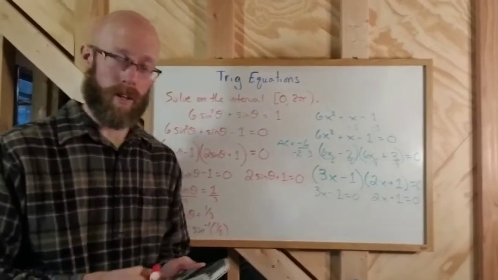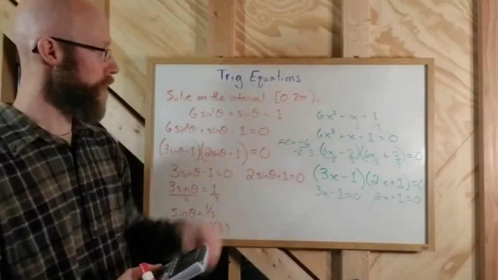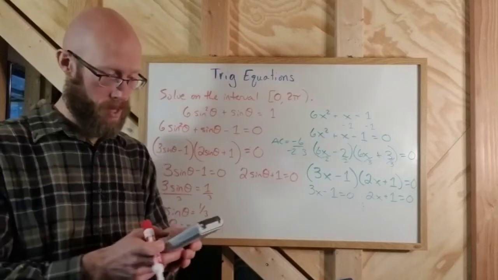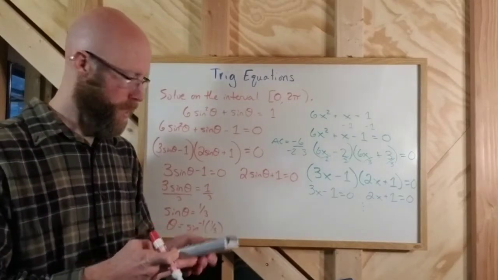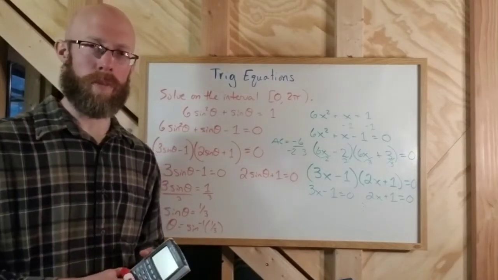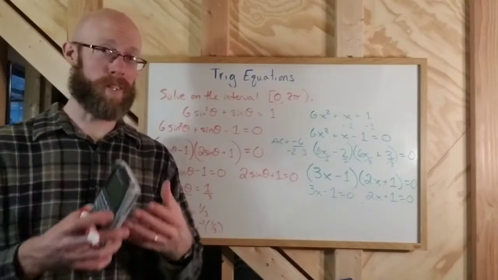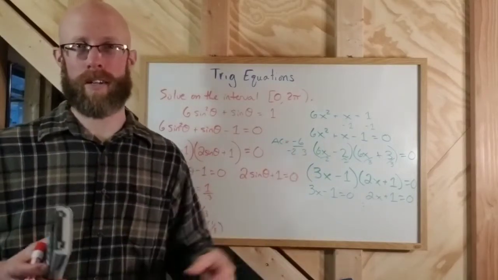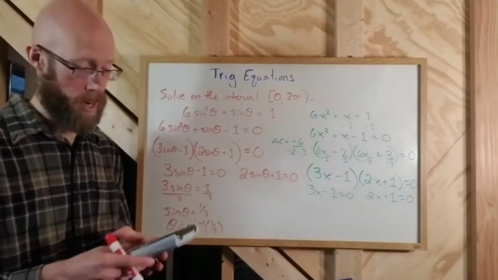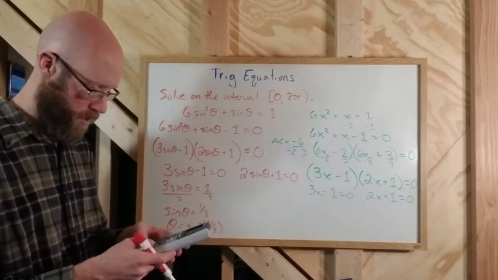So we'll go to my calculator, and I want to make sure I'm in the right mode. Now I said 0 to 2 pi. Okay, we need radians, right? So I'm going to go to radian. It's a little bit inconvenient on this one because we're not going to have any nice pi. It's not going to be pi over 6 or something. It's going to be just an ugly decimal. So we'll just approximate these to 3 places after the decimal, which will be good enough for right now. So the inverse sine of 1/3